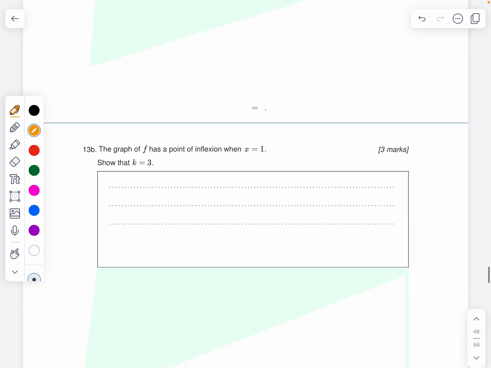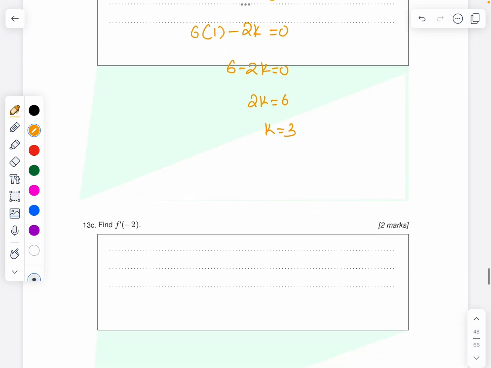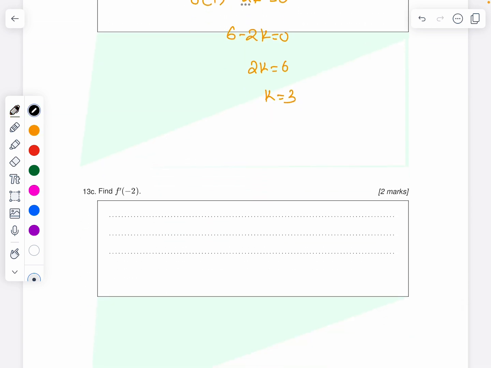So what does it mean? f double prime of x should be equal to 0. So 6 times 1 minus 2k should equal 0. 6 minus 2k equals 0. 2k equals 6. k equals 3. Find f prime of minus 2. So what is f prime of minus 2? 3 times negative 2 whole squared minus 6 times negative 2 minus 9, which is going to be